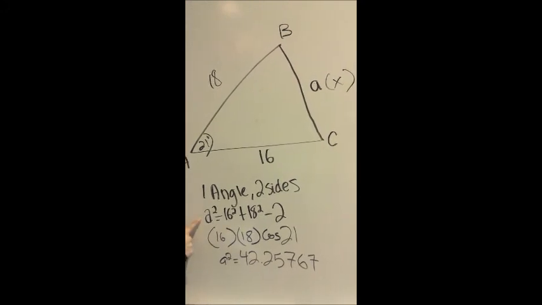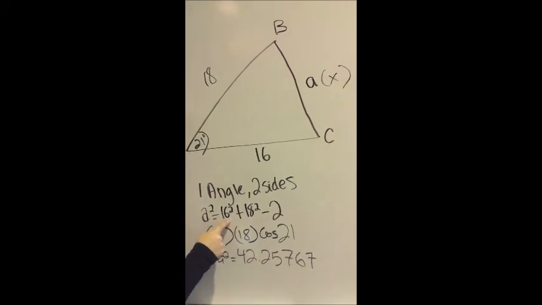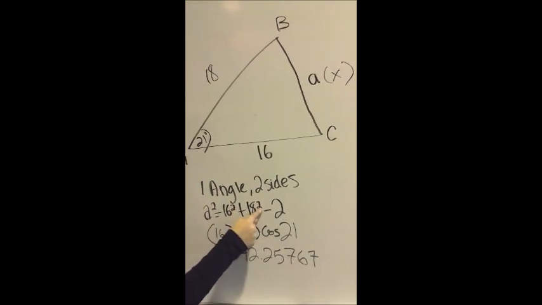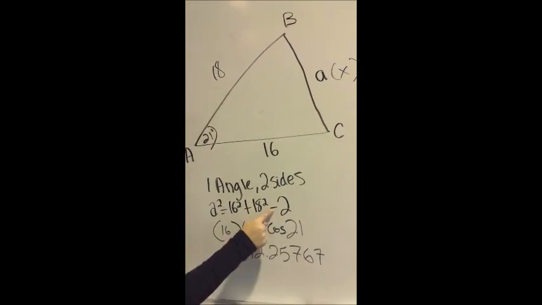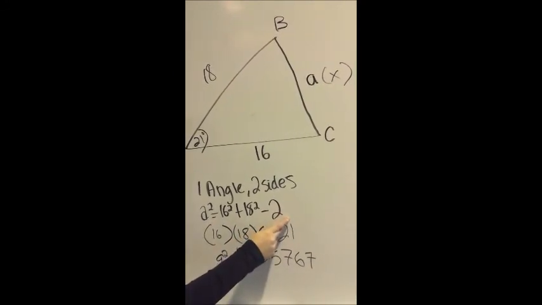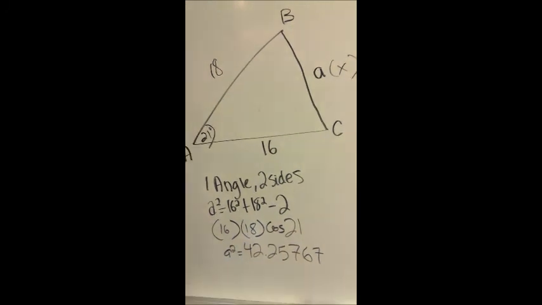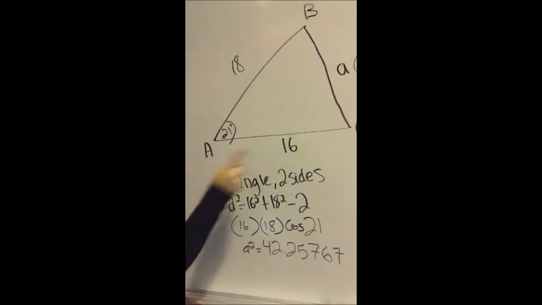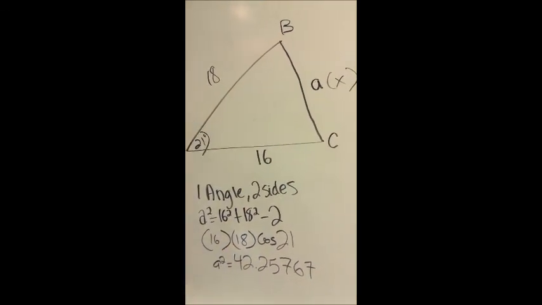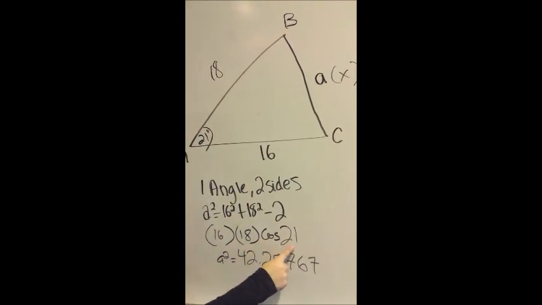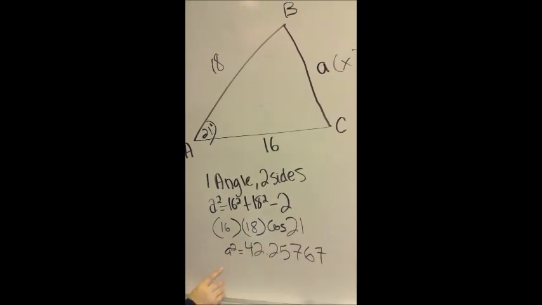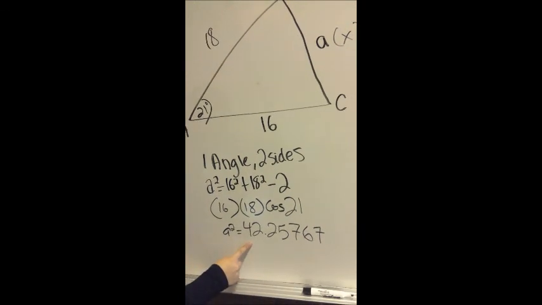Here's our equation. A squared equals 16 squared, you plug in the side right here, plus 18 squared, plugging in this side, minus 2 times 16, which is the side, times 18, which is the other side, times cosine of 21, the angle. Then, after we multiply this, we get a squared equals